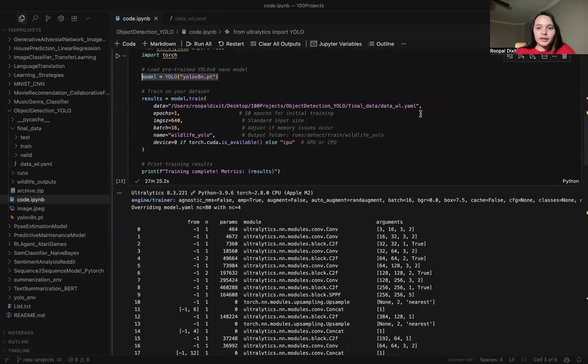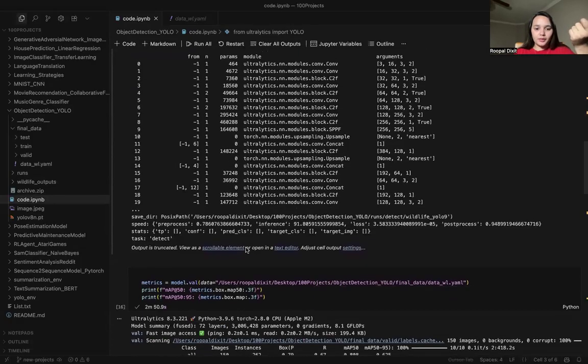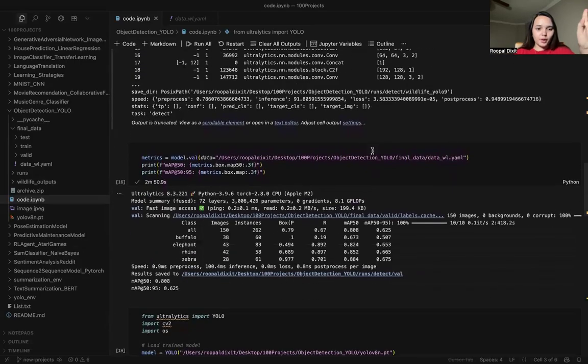You can go through this and you will be able to get the train data. I have just run it one time because it was taking so much time. You can see that for one epoch, because the image set is very big, it took around 27 minutes. You can run this model for 10 to 15 epochs, that is, you can train the model again and again 15 times to make it learn better. I've just run it one time to see if it is able to run properly, and yes, it was able to run properly.